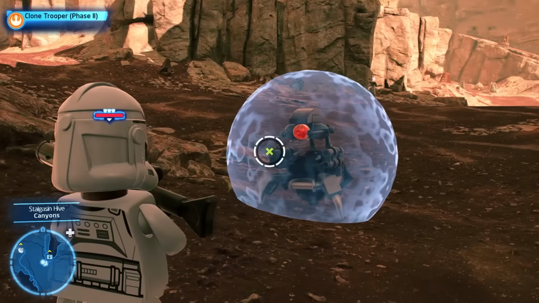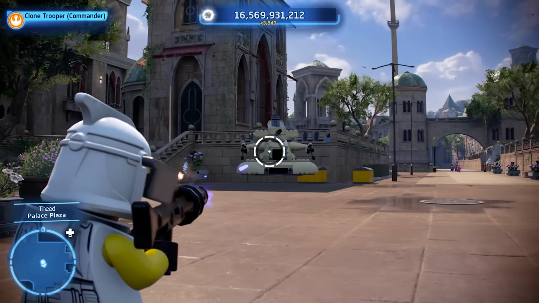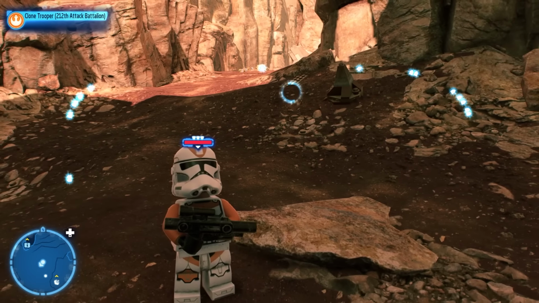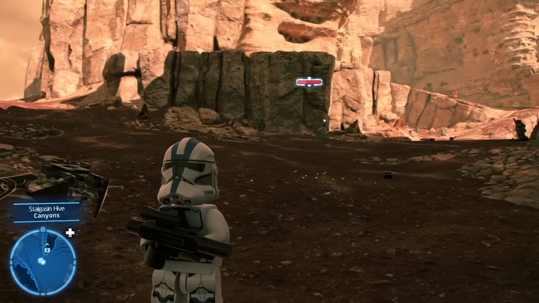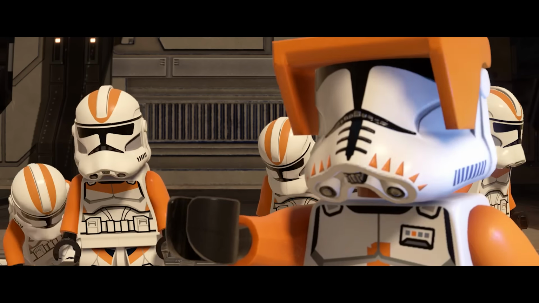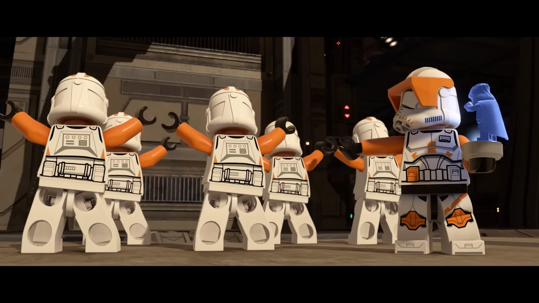Now we are going to move on to all of the Phase 2 Clone Troopers. We have Clone Trooper Phase 2, and all of the Clone Troopers do have different weapons, and I'll show them each in the background. Clone Trooper 212th Attack Battalion, Clone Trooper Kashyyyk, Clone Trooper Coruscant Guard, and finally Clone Trooper 501st Legion. Now we have Commander Cody until he betrays us later on with Order 66,